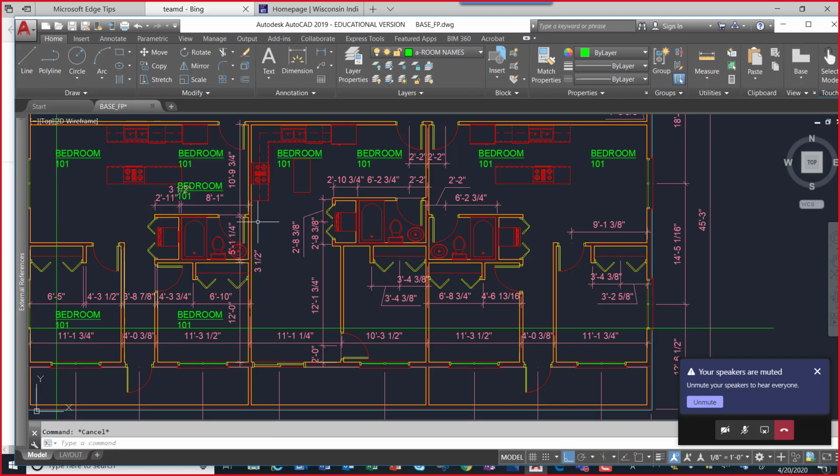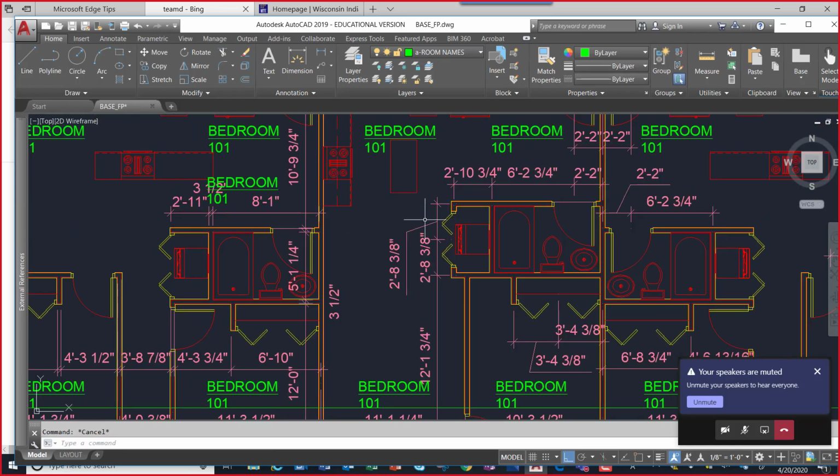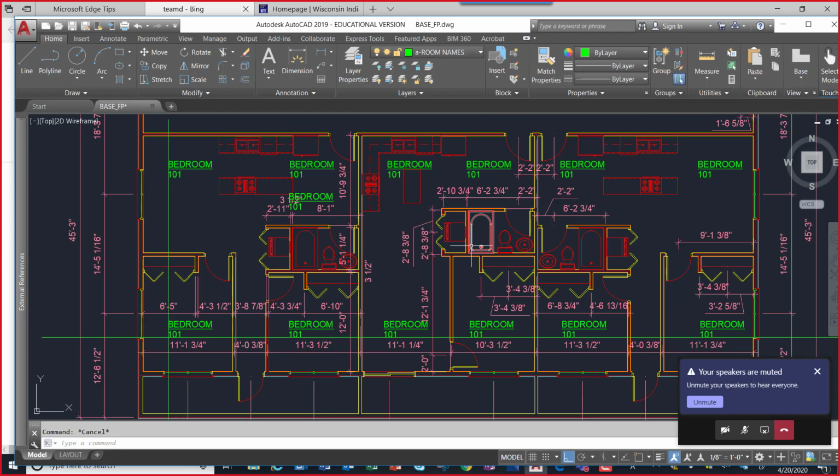What I end up doing a lot of times is doing my room tags all at one time, copying the same note over, and then I'll just go through. So let's say hypothetically these would be the room names, and then for numbering them,